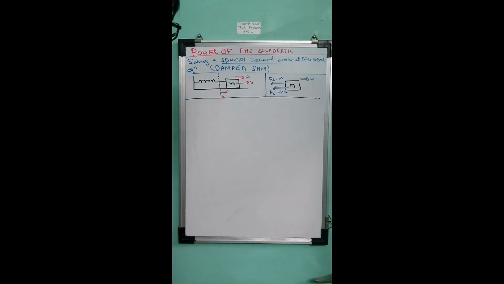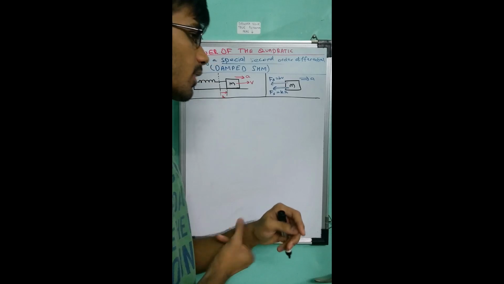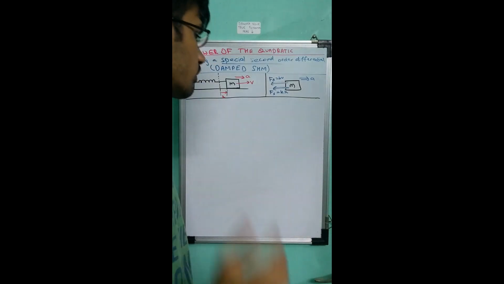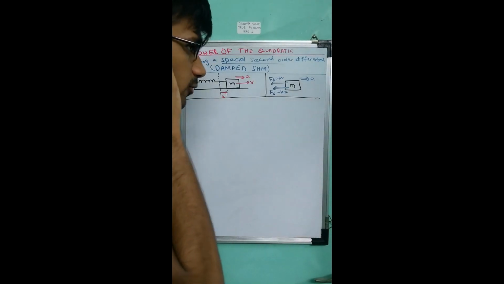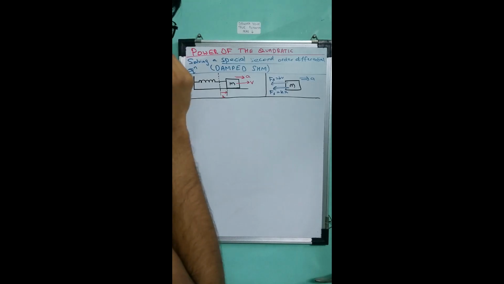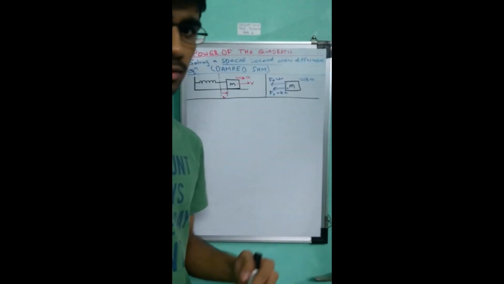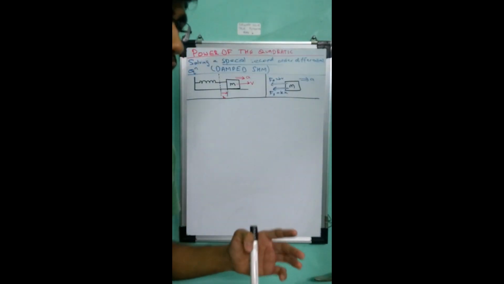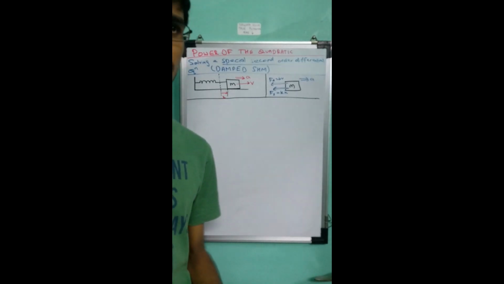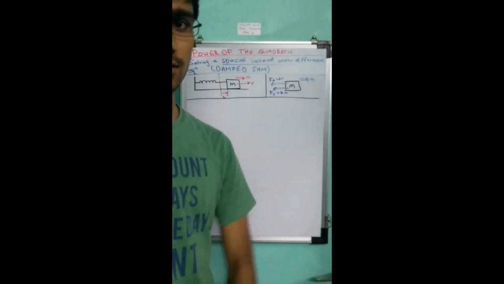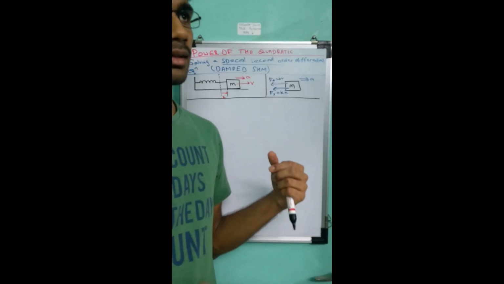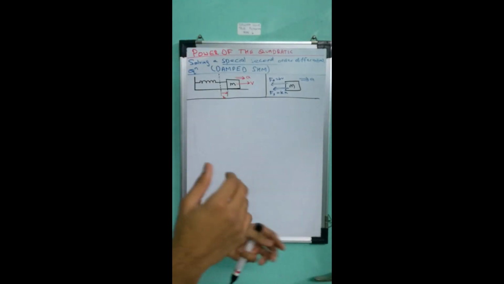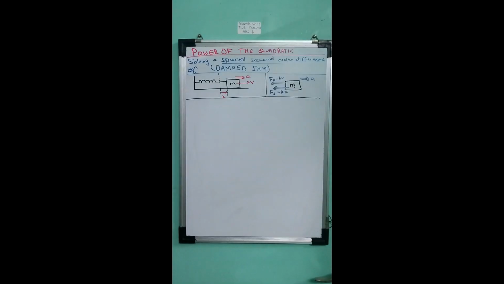Now damped simple harmonic motion means there is also the spring force, right? But a damping force is also involved. Now a damping force is that kind of force which tries to oppose your motion. So it acts so as to cease your motion. That is, it acts opposite to the direction of velocity of the block. And in this case, the damping force is directly proportional to the velocity.